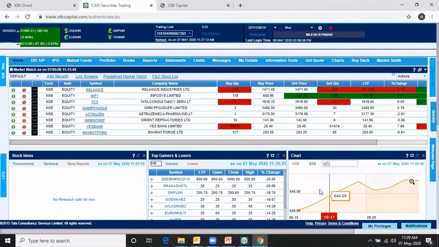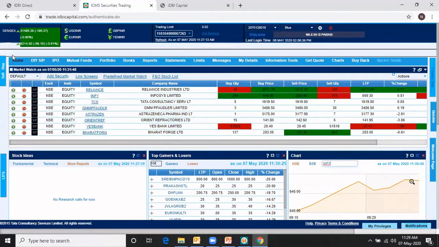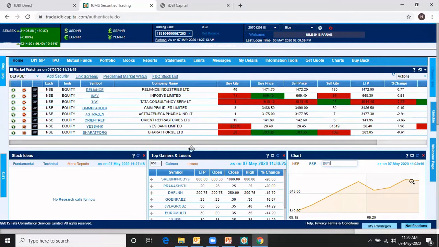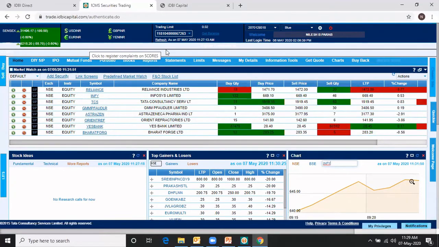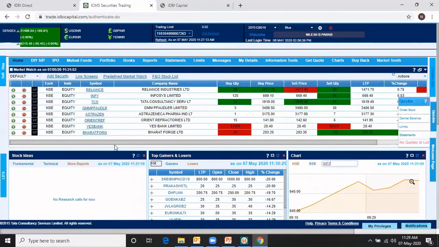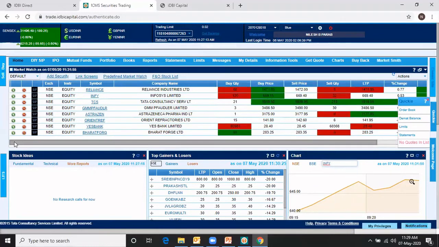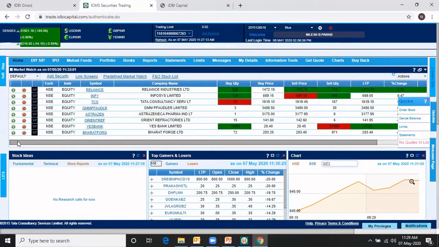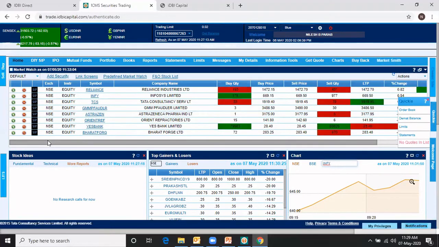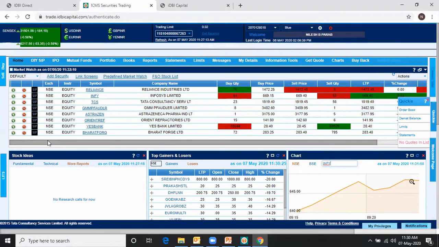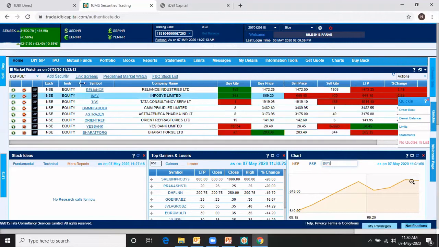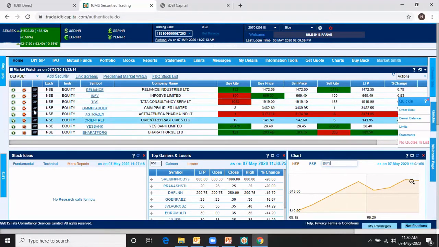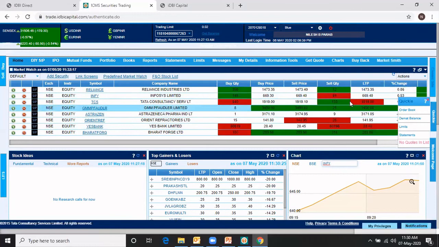Now we will come to the actual trading window. This portion is a bit critical, and I'll tell you how we will see it. We have different products, and we will go through the demo, and whenever we go through the demo, we will see the product details also. So that is better. This is the basic window wherein I can see the stock prices, live prices, what is going on.